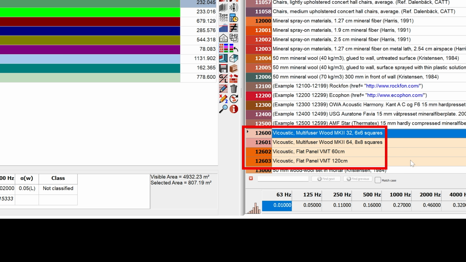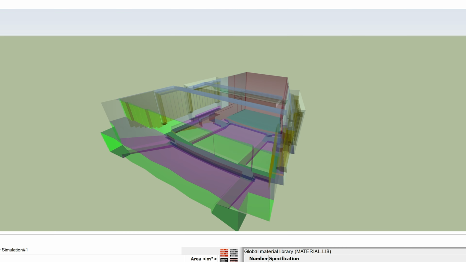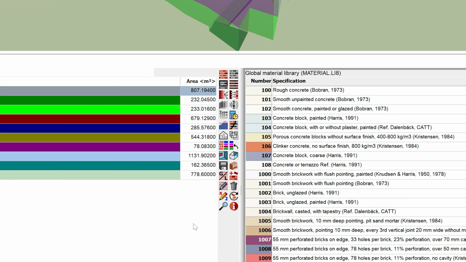Here, we have created these new materials in the Global Material Library, which is the default library for every room you work on. But maybe you want to have an individual library exclusively for the room you're currently working on. For that, you can toggle between the Global Material Library and a material library exclusive to the room with this icon. If a local room library has not been created for the current room, clicking the button will create it.